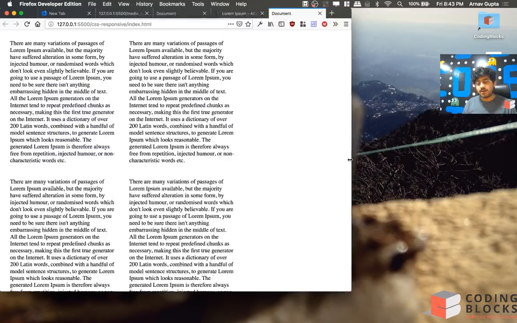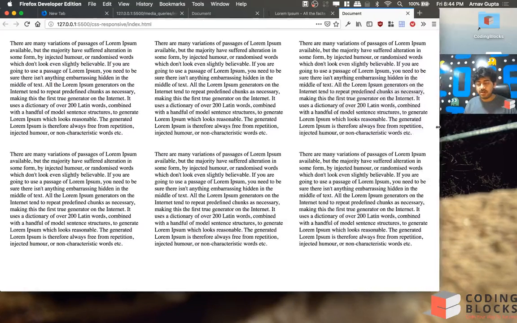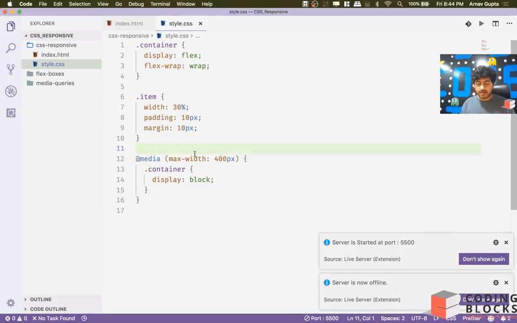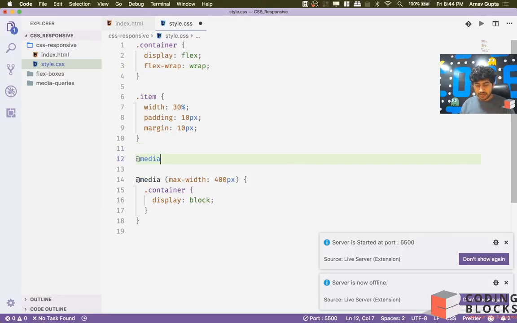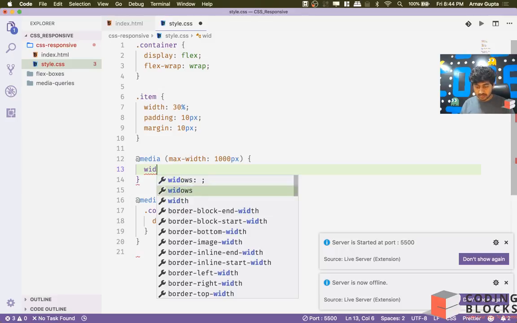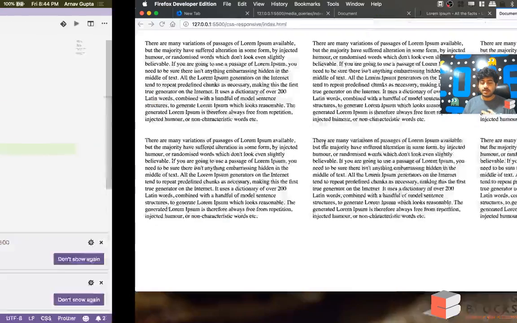but then if I make it 30%, then below a certain width, one item folds in, and it doesn't look so nice, right? Media max width 1000 pixels, right? And I change the width to 50%. Oh, sorry, not like this. Item width, my bad. Item width 50%. Okay,